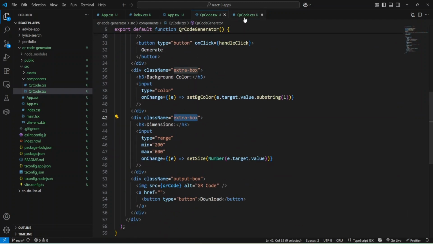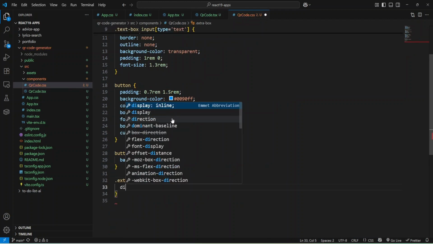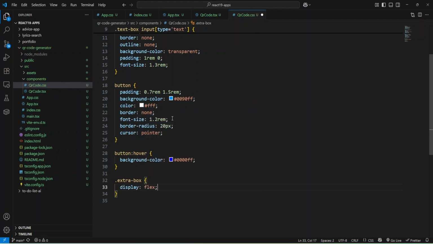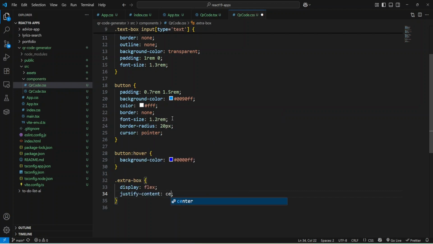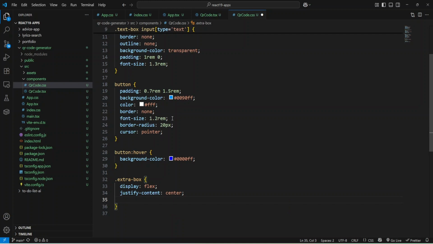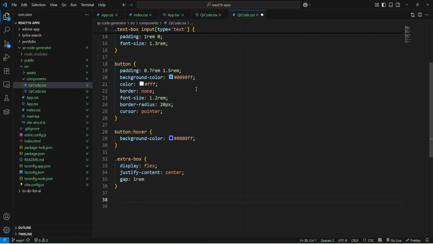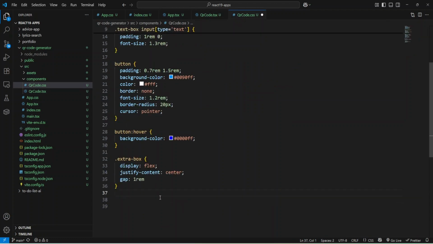Okay, and now we can add some styles for our extra box, and let's check, and we have class extra box, and let's add some styles. I'm going to make it display flex. Okay, and provide justify content by center. Okay, and add some gap 1 rem. Okay, and also we need styles for our output box, and also we'll need to fix for empty images.